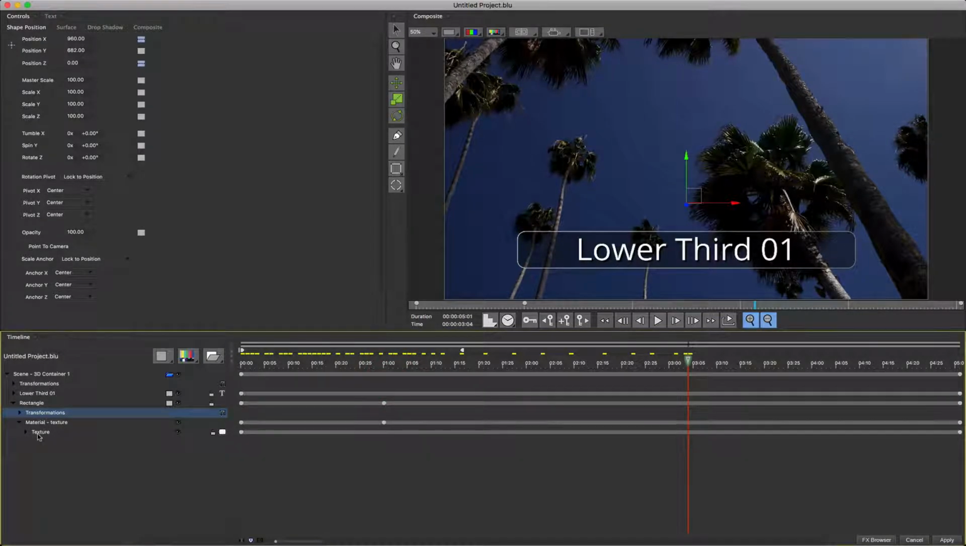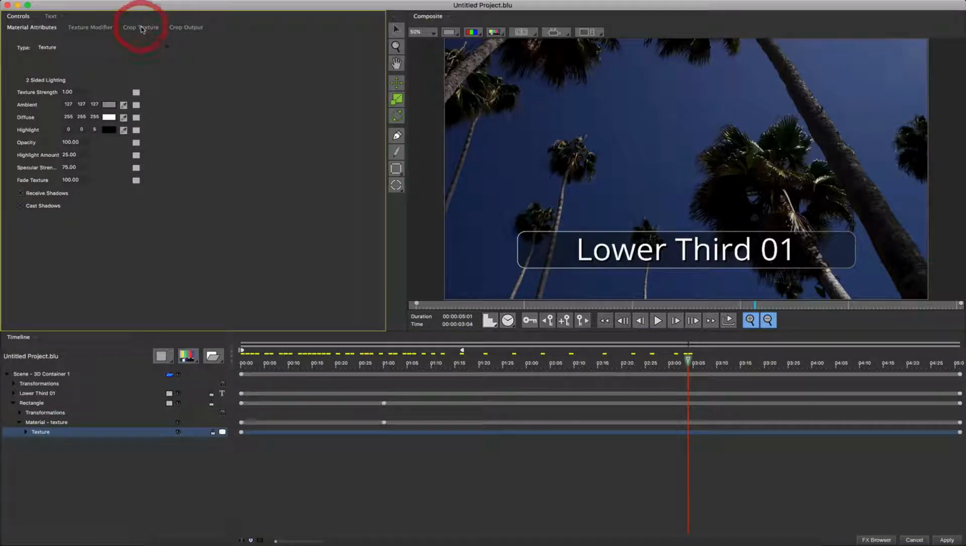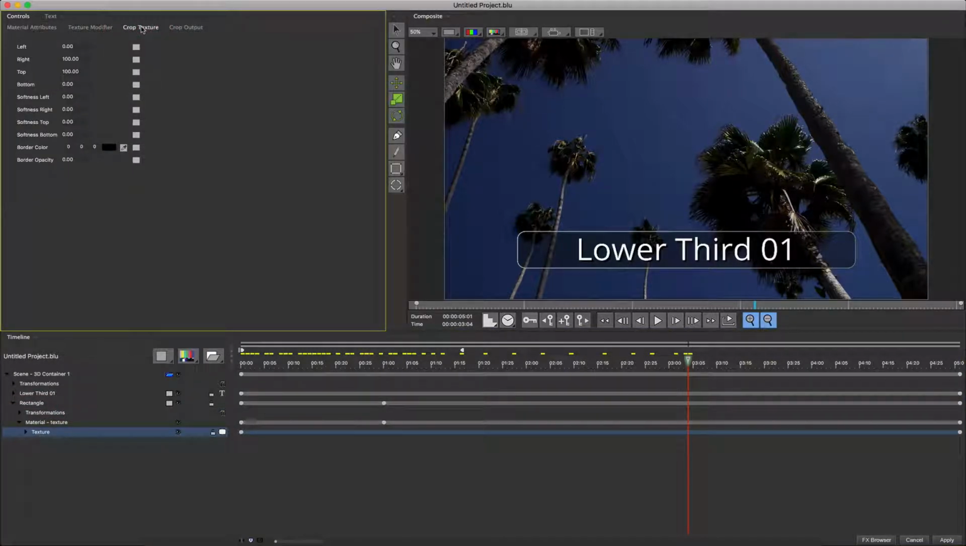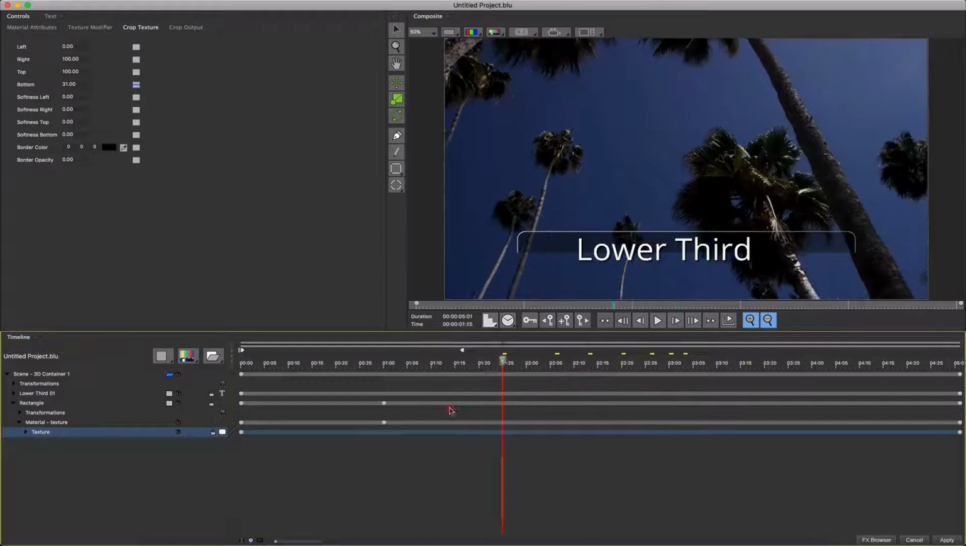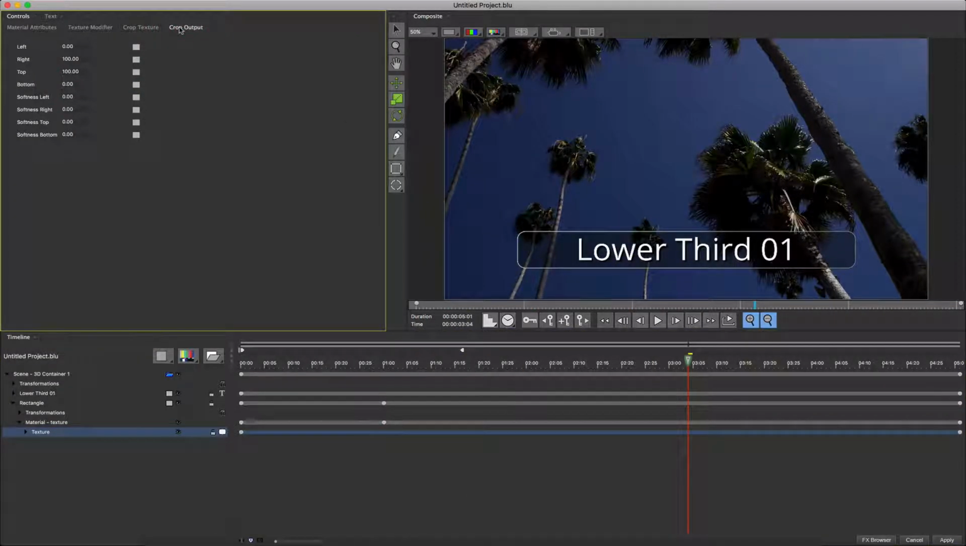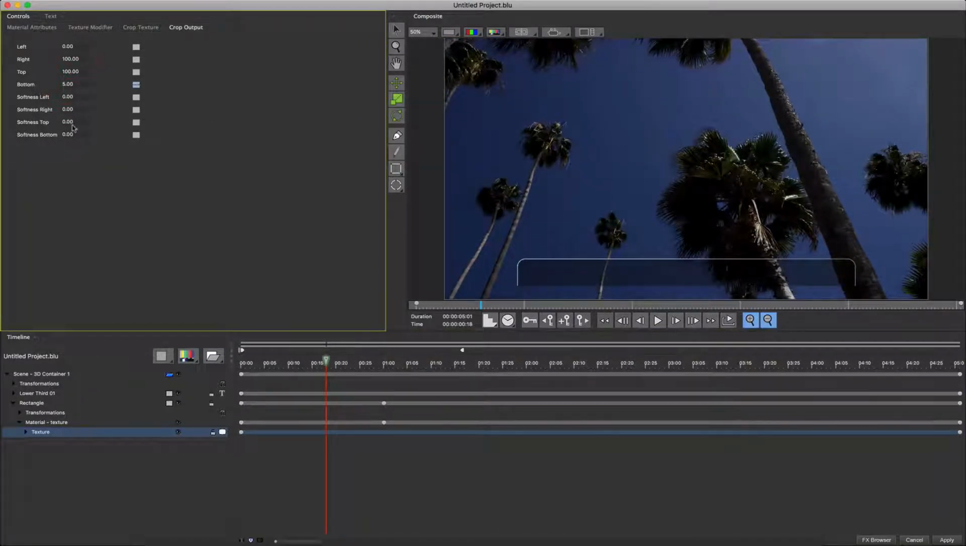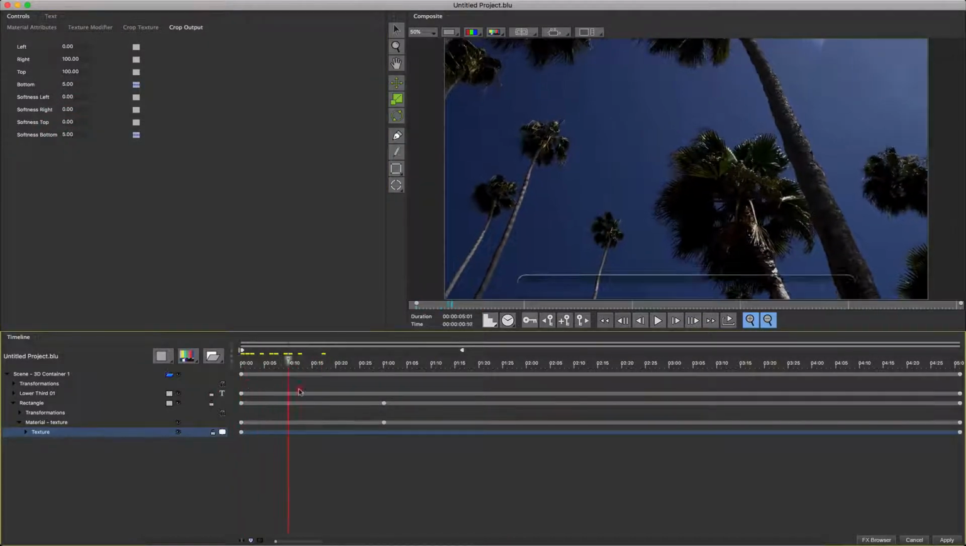Now we'll take a moment to explore the subtle but important difference between crop texture and crop output. When I adjust crop texture, the crop result follows the position of the object. When I adjust crop output, the crop remains in a fixed position and the object moves relative to it. I'll adjust the crop output and softness values for the bottom in order to move the bar into frame behind